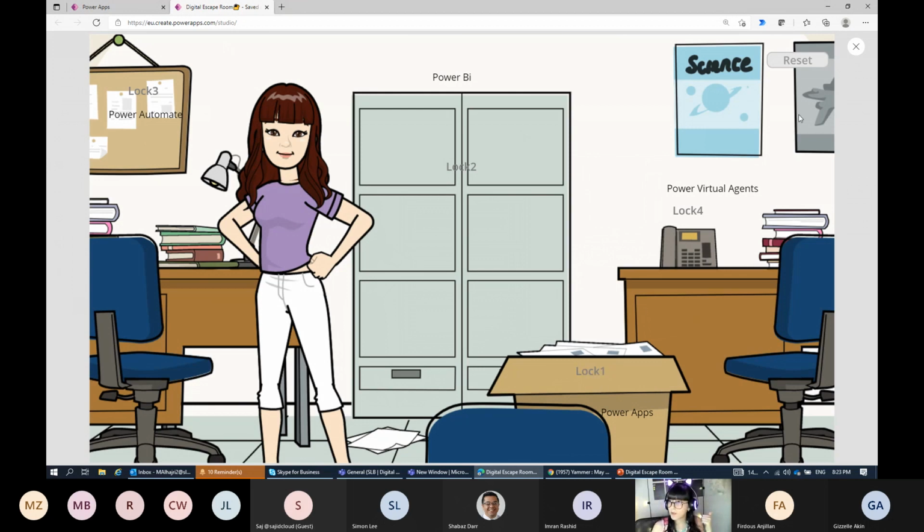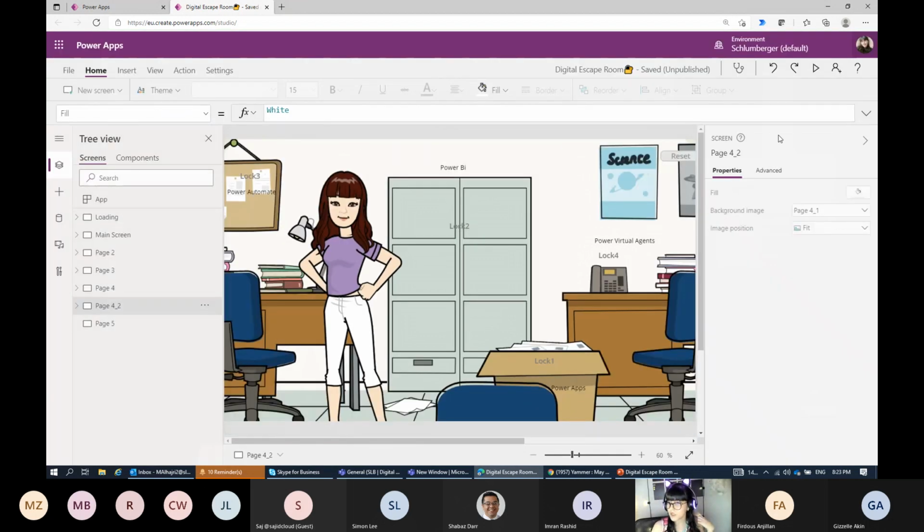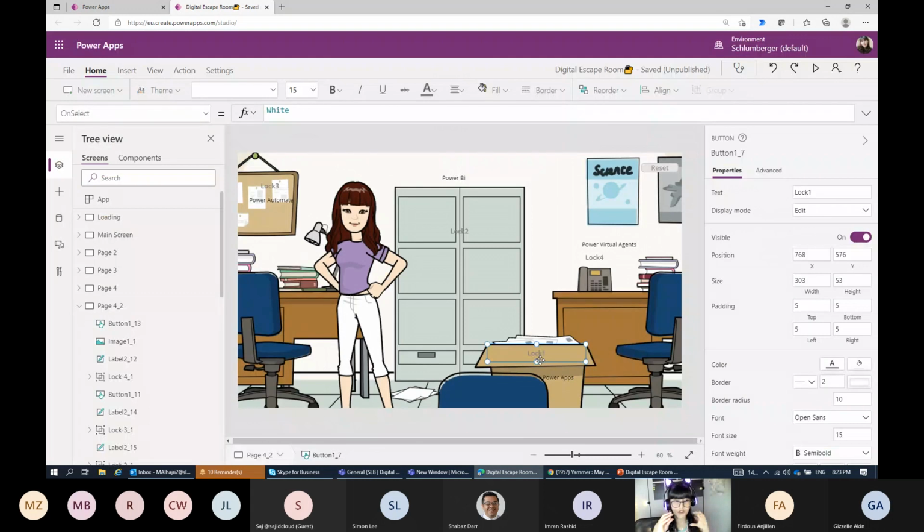First, I put here a button, okay, which is this one. And actually for each lock, it's the same concept. So if you understand this one, you will be able to do the same for as many as you have within your game. So if you understand the first one, you can add more than 100 within your game, because it's the same concept. You just need to copy and paste and change a few things. So let's see how I built this one.